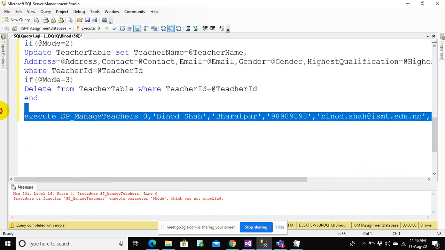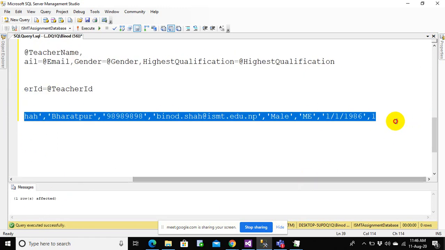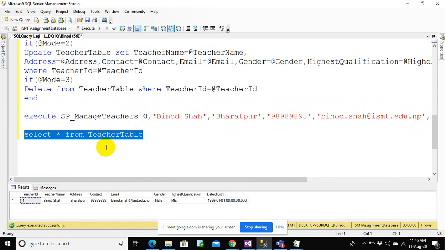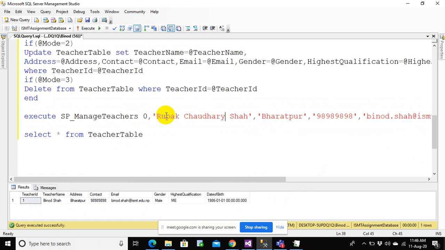Let me execute this again and see whether one row is affected. Yes, one row is affected. Let me execute and check whether the teacher is set. This should be getting one teacher. So one teacher is set. So there is another teacher.